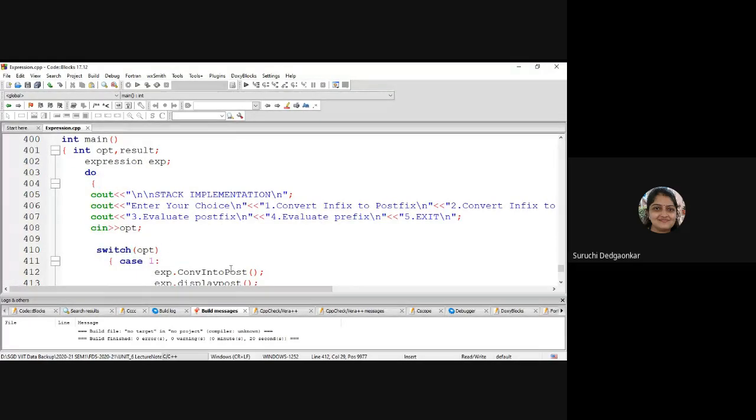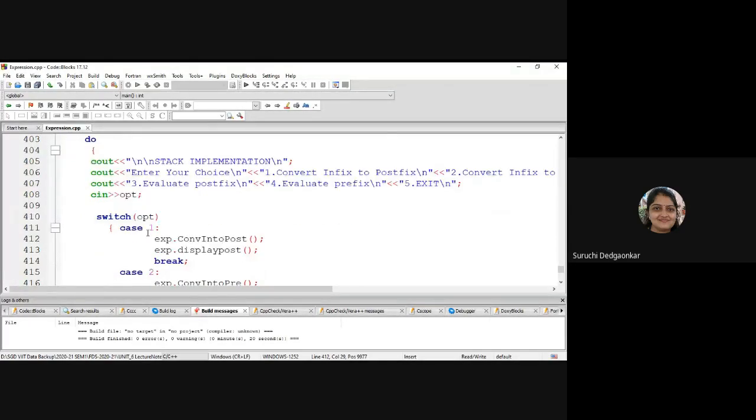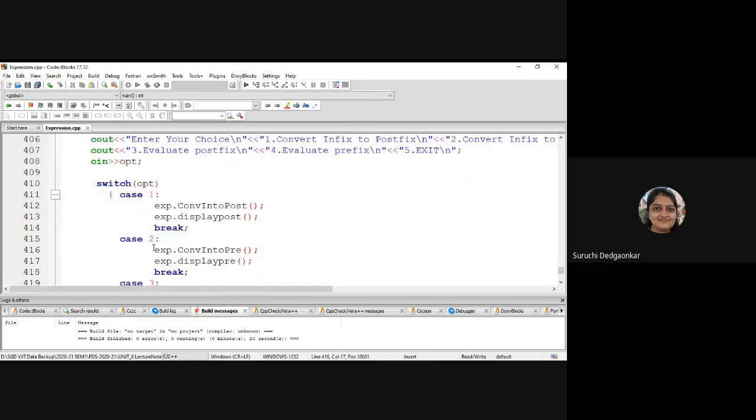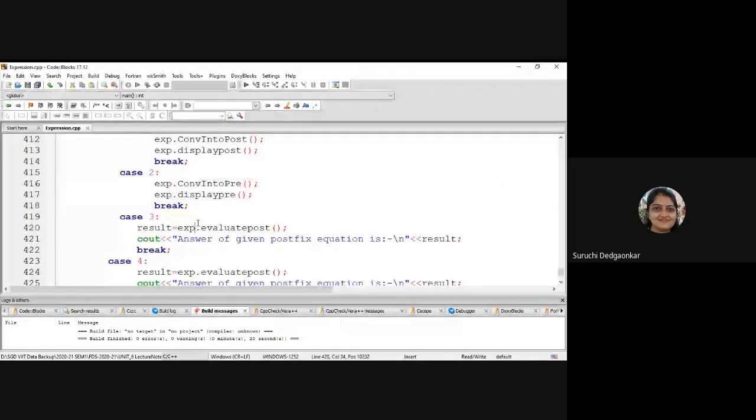In the conversion, the first part is conversion, and that converted expression is used for evaluation. But what you can do is you can take the postfix expression directly from the user, and then you can evaluate it first.